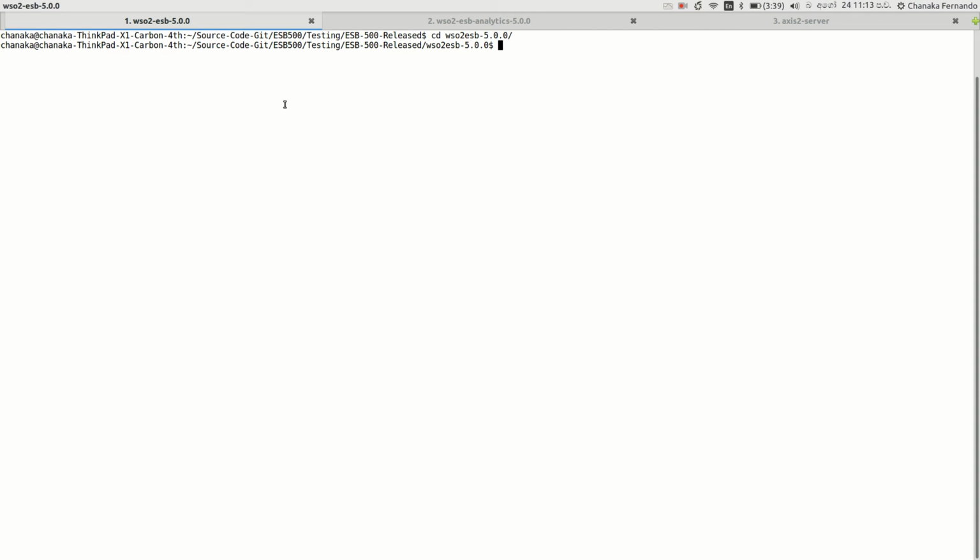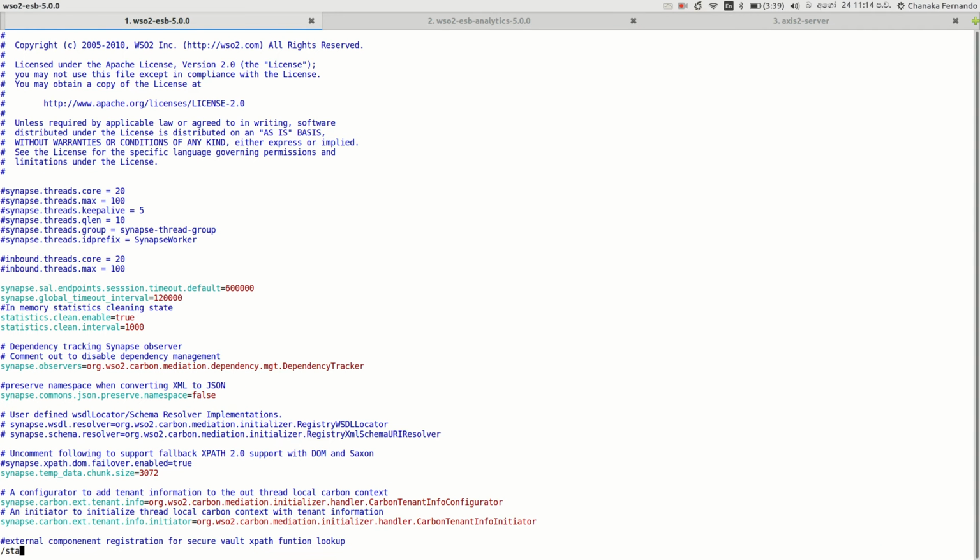Before starting the runtime component, I am going to enable the statistics and tracing for this server. To do that, I am going to open the synapse.properties file. In this file there is a section to enable statistics and tracing.